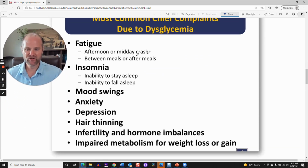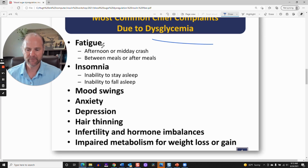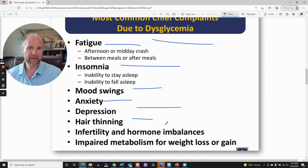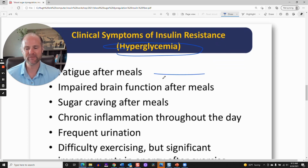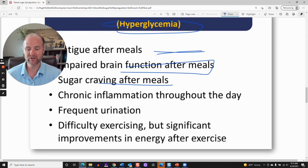Now, this would be the general symptoms of dysglycemia in general, hyper, hypo, or mixed pattern. Okay, fatigue, insomnia, mood swings, anxiety, depression, hair thinning. Yes, ladies, hair thinning. If you're not getting enough glucose to your hair follicles, you're going to get thinning hair. I have a whole bunch of other content on that as well. Infertility and impaired metabolism to lose weight or gain weight. So both, okay? So these are symptoms of too much sugar, too much insulin: fatigue after meals, impaired brain function after meals, like you can't think, you have brain fog, brain fatigue, sugar cravings after meals, chronic inflammation, frequent urination,